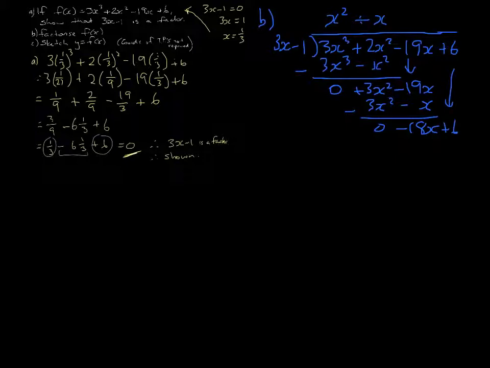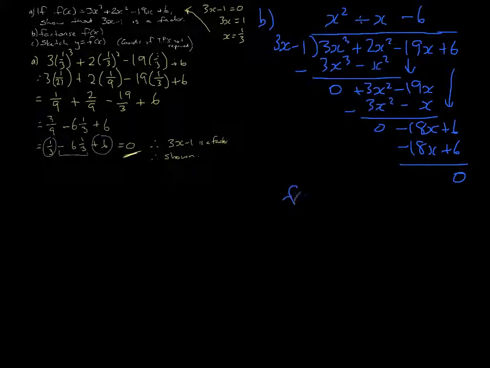Now we go negative 18x divided by the 3x out the front will give us negative 6. Multiply the negative 6 by what's at the front, so negative 6 times 3x is negative 18x. Negative 6 by negative 1 is positive 6. Take that away, we end up with 0. So therefore we have now got